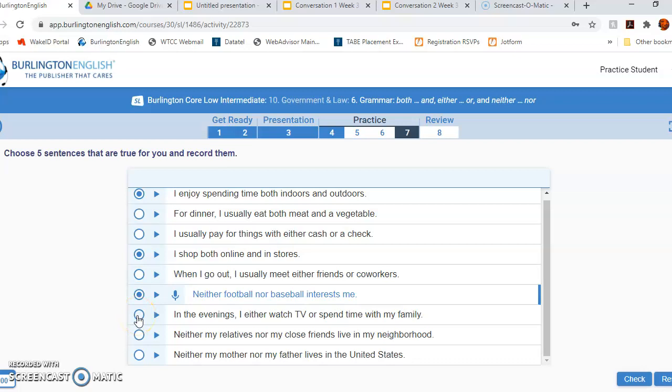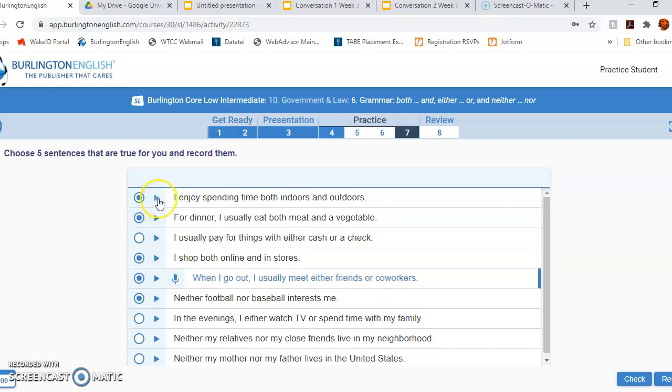In the evenings, I either watch TV or spend time with my family. No, I do a lot of other things too. And let's see, so I eat both meat and a vegetable. See, when I go out, I usually meet either friends or coworkers in normal times for sure. Okay, so then you would record yourself speaking and get a little pronunciation practice. Okay,